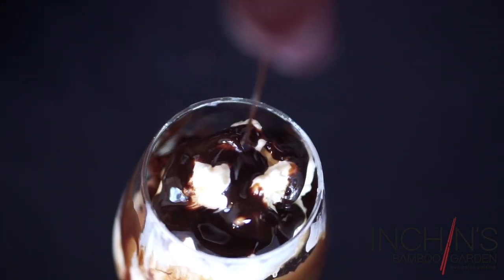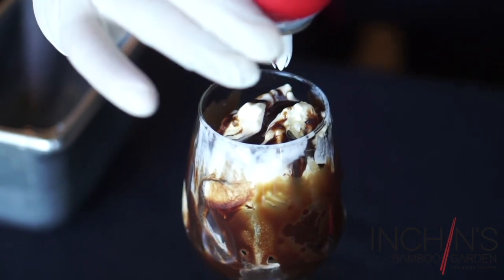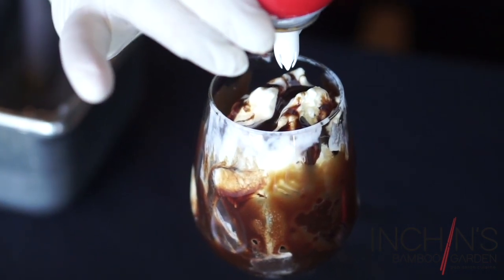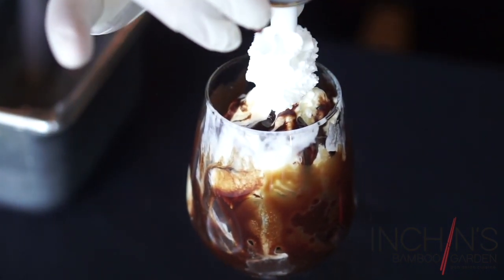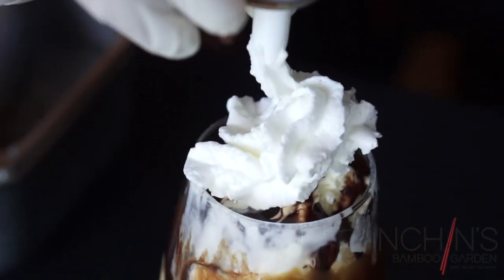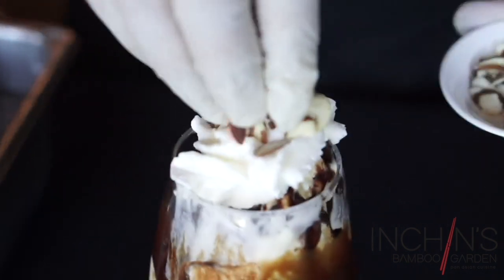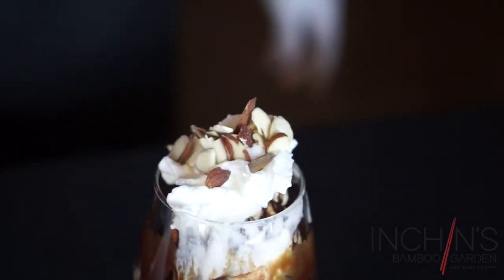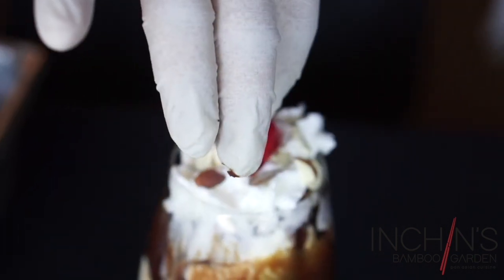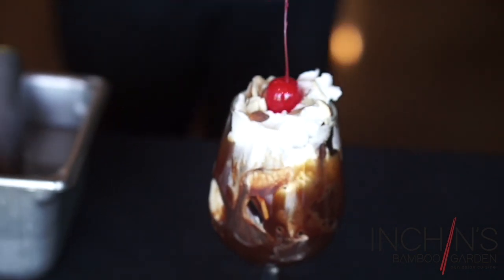So to do the topping, whipping cream, and you hold it right on top and you just press this. So nice. Take your almond, just put it lightly on top. This is called a cherry on the top. Put the cherry. Wow! Now you've got a perfect